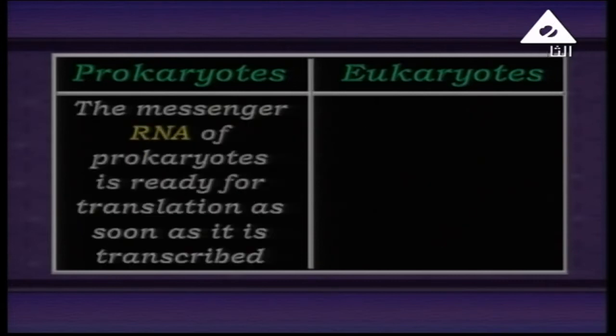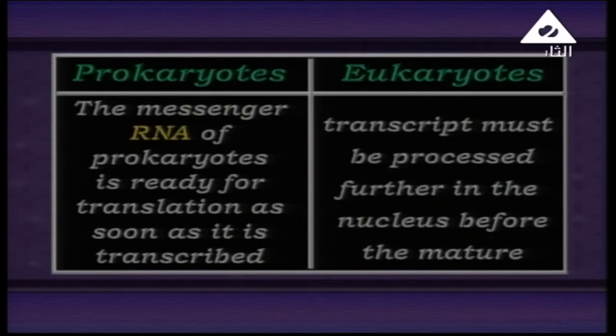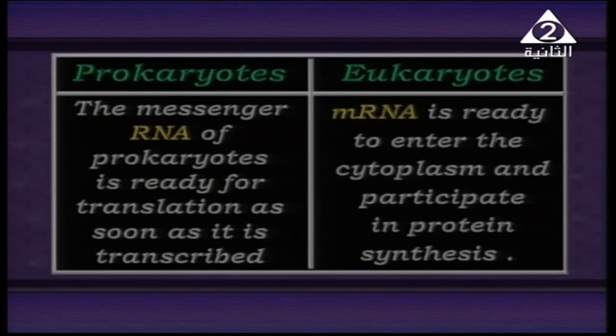The messenger RNA of prokaryotes is ready for translation as soon as it's transcribed. But in eukaryotes, on the other hand, the original mRNA transcribed must be processed further in the nucleus before the mature mRNA is ready to enter the cytoplasm and participate